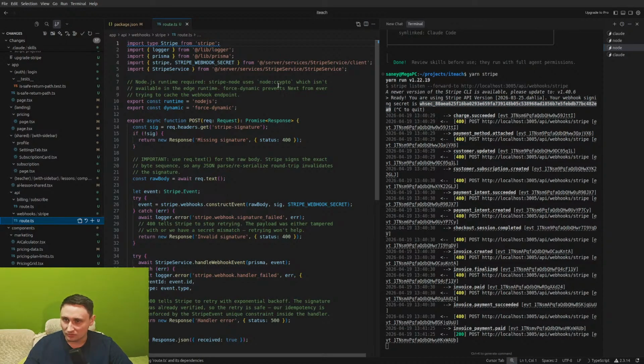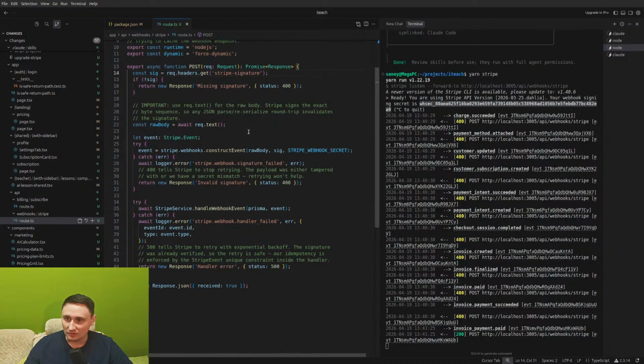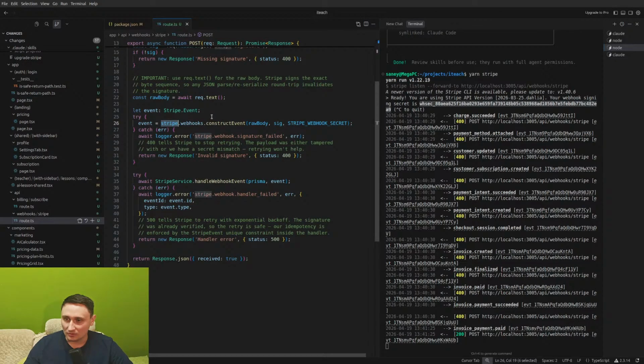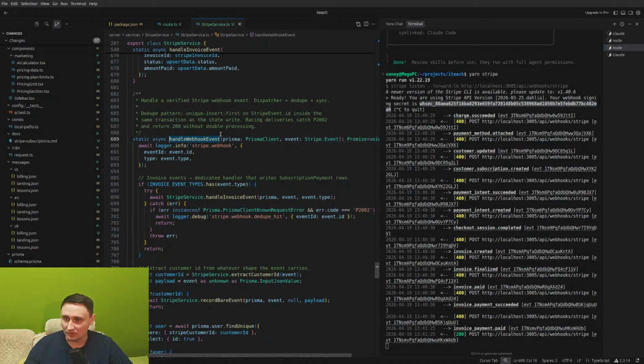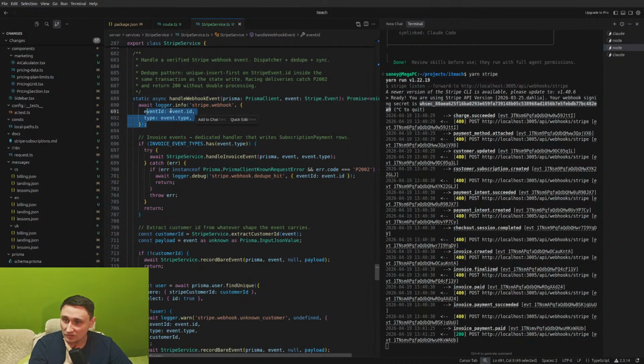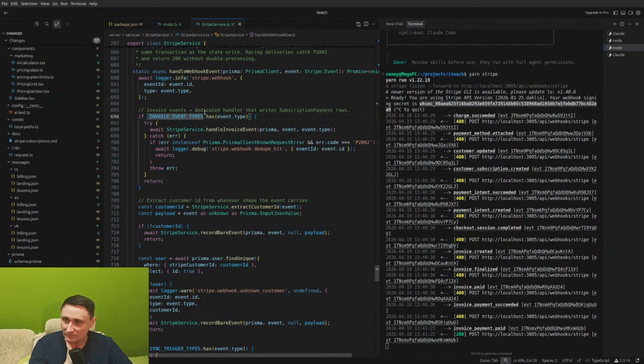Here is our route, that's how it looks. So basically in the header we get the Stripe signature. We verify it here, again using the Stripe SDK. And that's where our work is actually happening, like handling the webhook event. So what do we do? First is logging, then